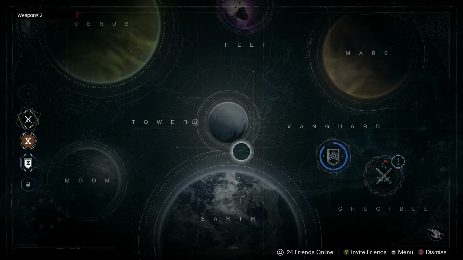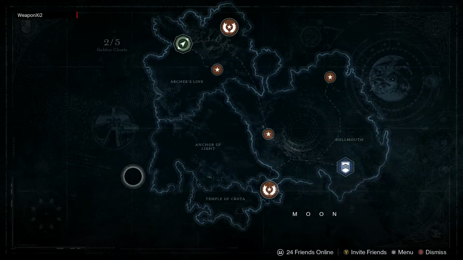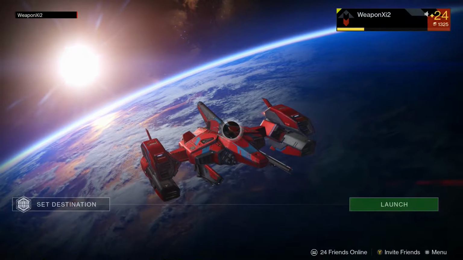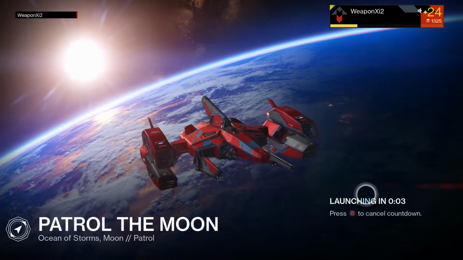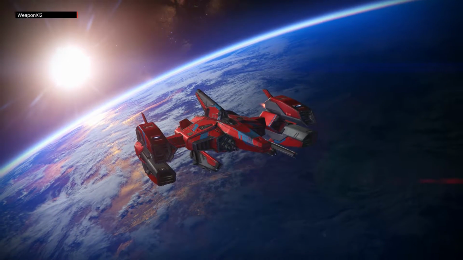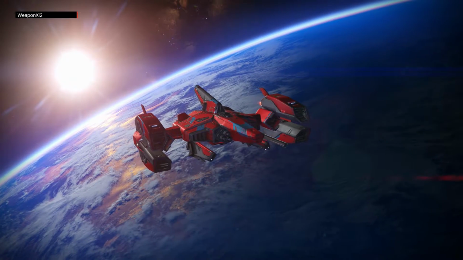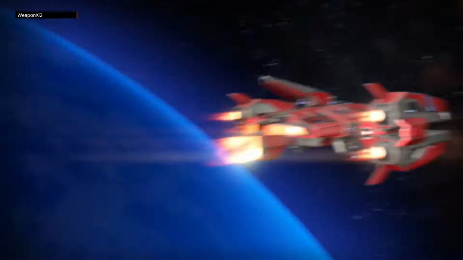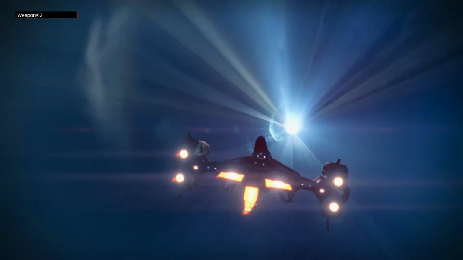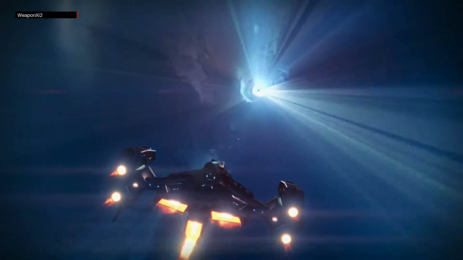But one other thing to add, and actually I'll go to the moon to demonstrate this. I don't know if it'll happen, but while you're doing patrols, and you've probably seen this happen, there are public events, and public events also give you Vanguard marks. So as you can see, there are a vast variety of ways to get Vanguard reputation and Vanguard marks, as opposed to